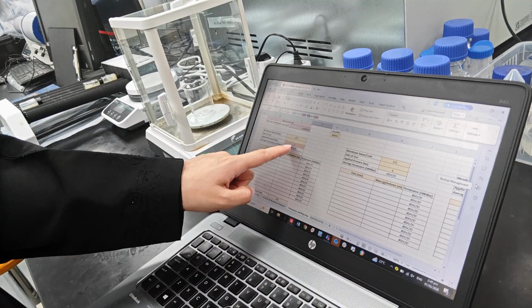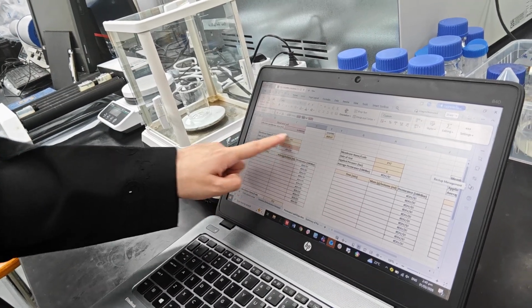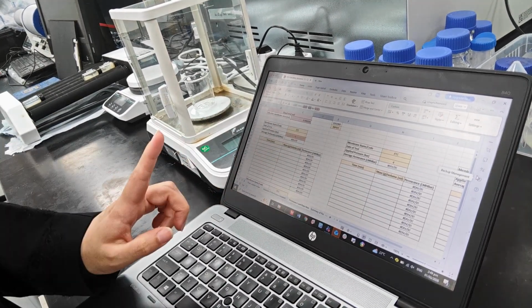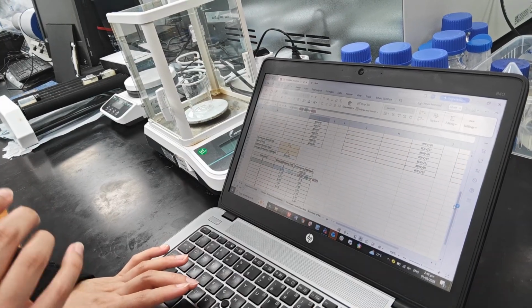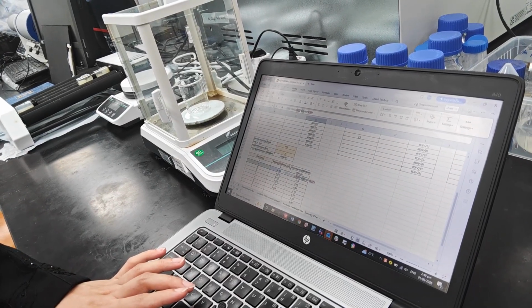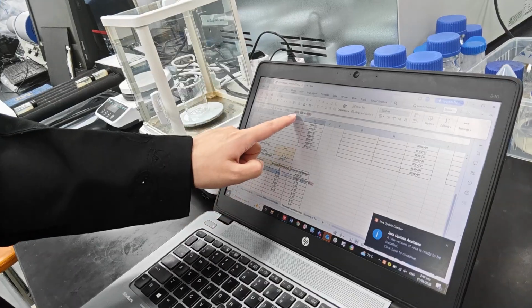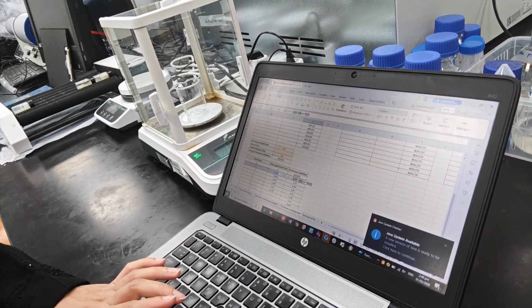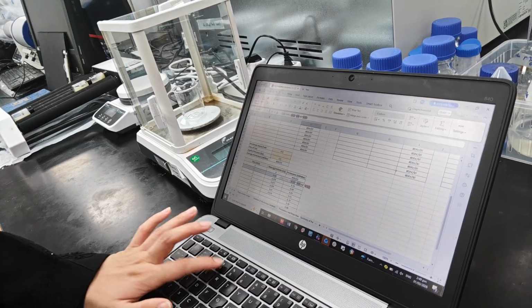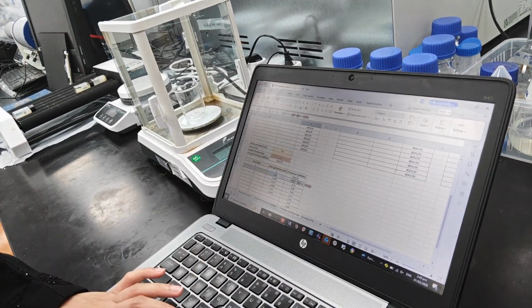Here C7 is selected, but we are not doing this one, right? We have to select the column of our requirement. For example, our requirement is this one, C25. So C will remain the same, and then you will write 25 here. Okay. Now it's selected.